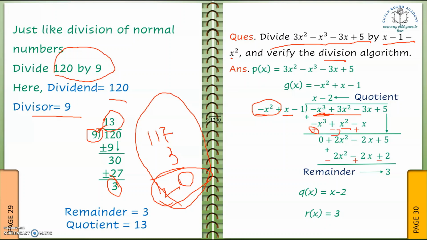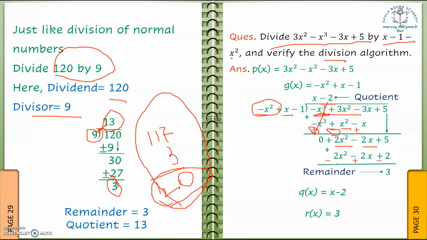Now adding these three terms, we have done this sign change at each place. So this x cube is eliminated by this x cube, and 3x square minus x square is equal to 2x square, and then minus 3x plus x, that is minus 2x. Now we have to make this minus x square as 2x square. So we are multiplying it by minus 2. So we multiplied it by minus 2. So it becomes plus 2x square, and then x is multiplied by minus 2, so it becomes minus 2x, and then minus 1 is multiplied by minus 2, so it becomes 2.